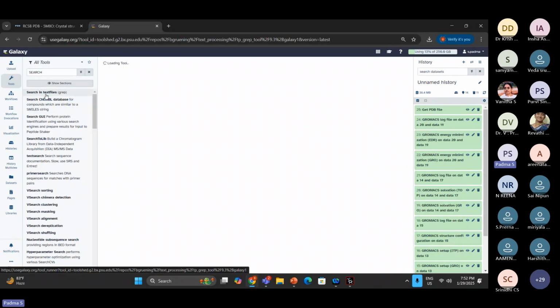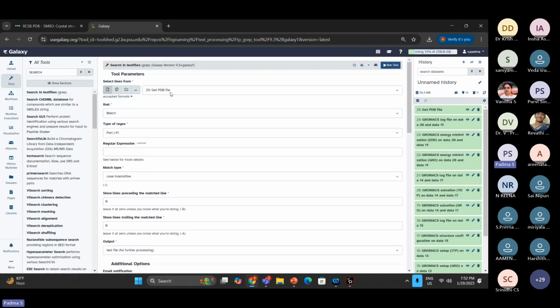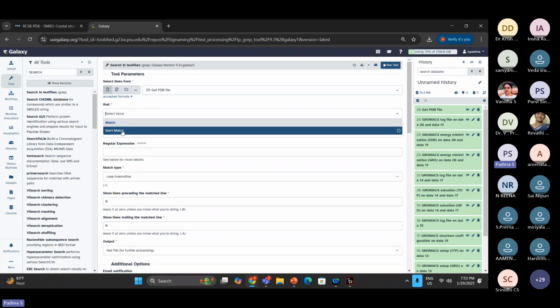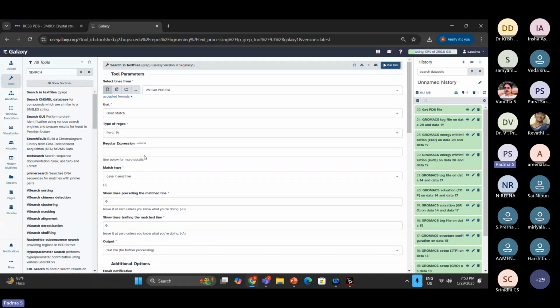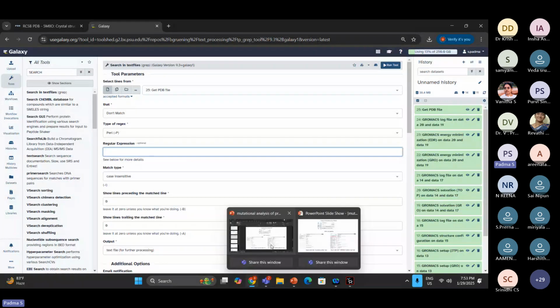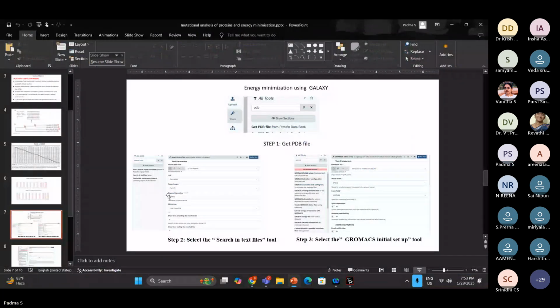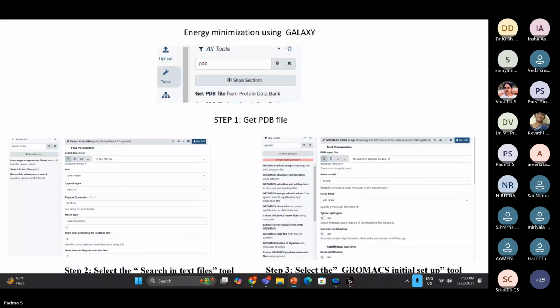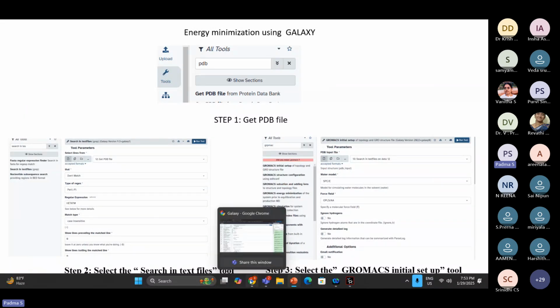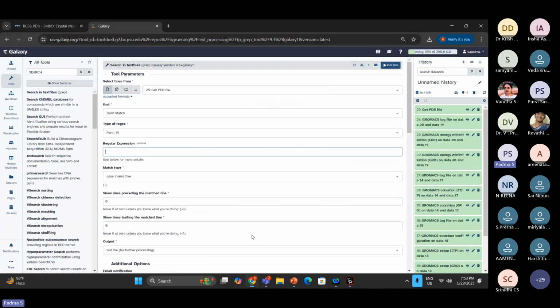When I click on search in text files, automatically it is taking this PDB file which is there. And in the next window, I told you we need to select or shift it to don't match. Okay. And here in the regular expression window, you need to change it to heteroatom. That change you need to do there. So you need to put it as